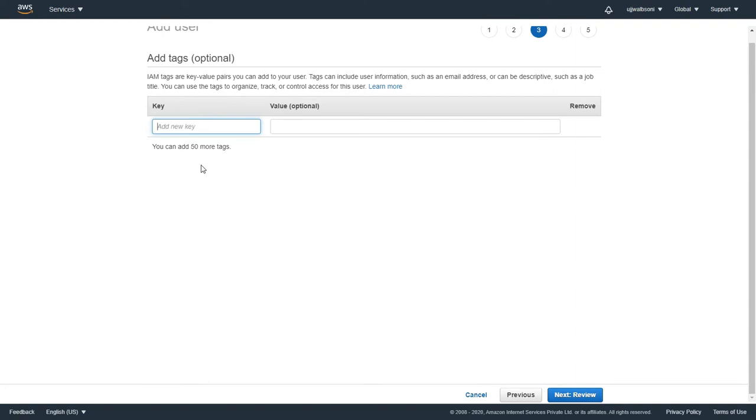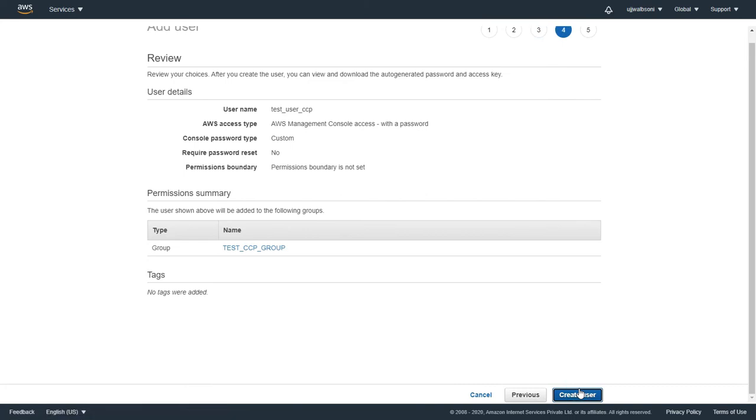Tags are everywhere, in whatever service you are going to use in AWS, it will ask you to create tags. It is good if you are willing to add tags, but I will skip for now. Click on next. This is the review page where it shows the username, access type, and different information like require password reset: no. It also shows the permission summary, which is showing the test CCP group.